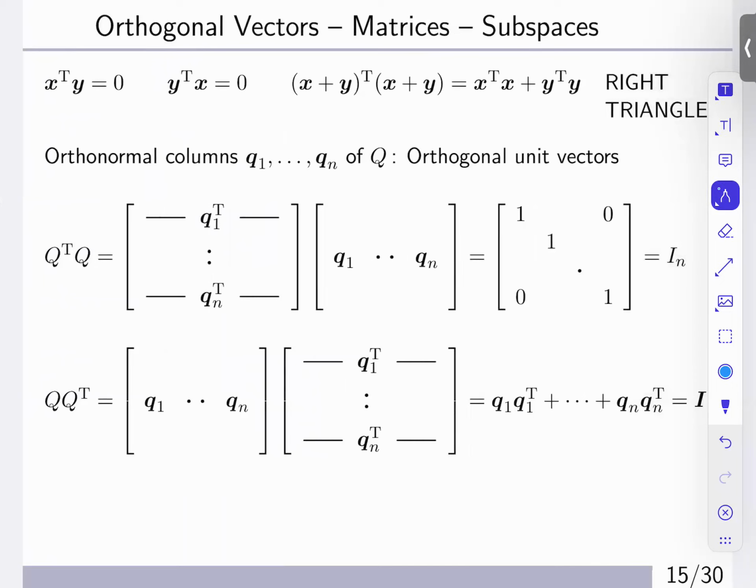Now, the next important part, which we have already touched upon, is how do we know whether two vectors are perpendicular? Two vectors are perpendicular as long as their dot products are zero. And how do we know if two vectors are